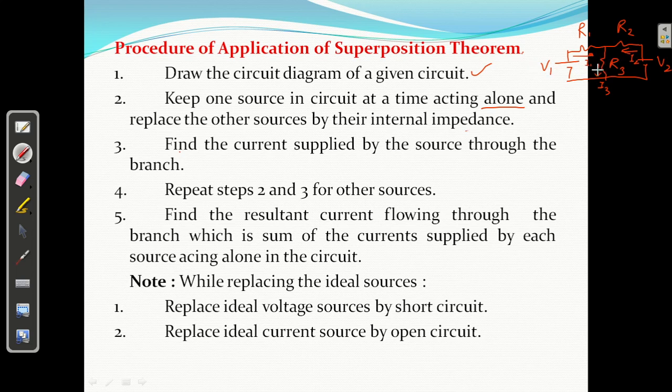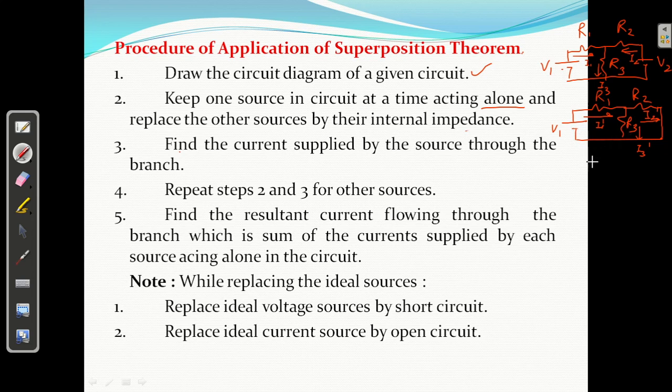Remark the actual current I1, I2, I3, when all the sources of energy are present. Okay, consider one source V1 and replace the other source by its internal resistance, 0, that is, shorted. Current will be R1, R2, R3, current will be what? I1 will not be like this, it will be I1 dash. This is I2 dash, I3 dash will be downward. We will find I1 dash, I2 dash, I3 dash by any way, by KVL, by KCL, by series parallel, any tool you can use and you can find this current.